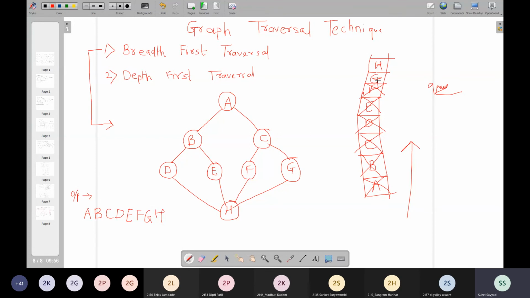I'll further go to G and check the adjacent vertices of G in the adjacency list of G. In the adjacency list of G, I'll be having C and H. And as C and H are already visited, I can also say that G is explored. And finally, I'll go to H. For exploring H, I'll check the adjacent vertices of H in the adjacency list of H, in which I'll be having D, E, F, G. And as D, E, F, G are already visited, I can say that H is also explored. Once all my vertices are explored, in this sequence, whatever output I get is the traversal output.